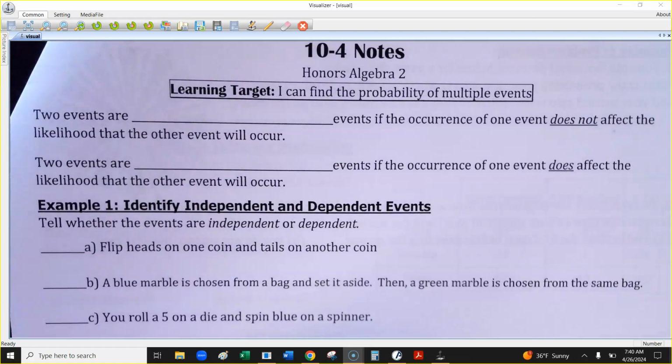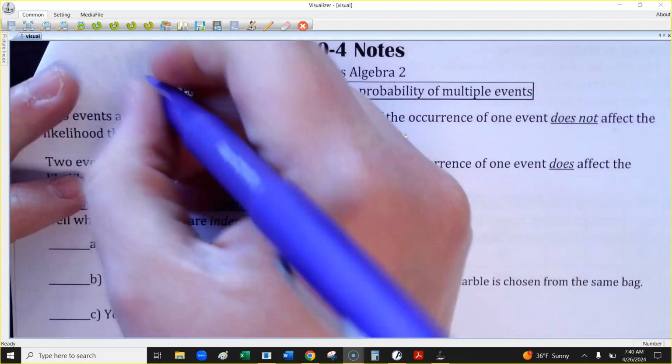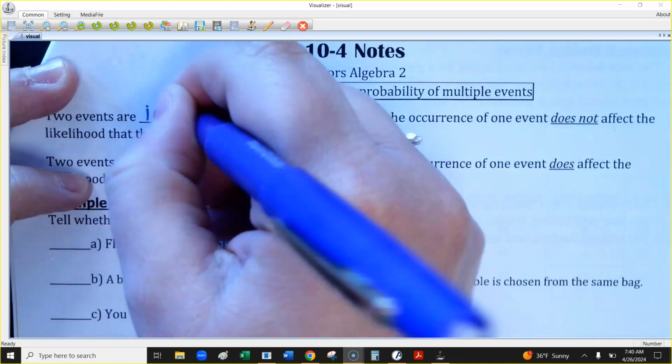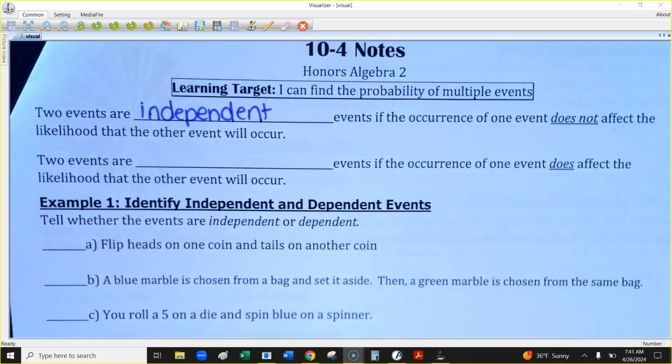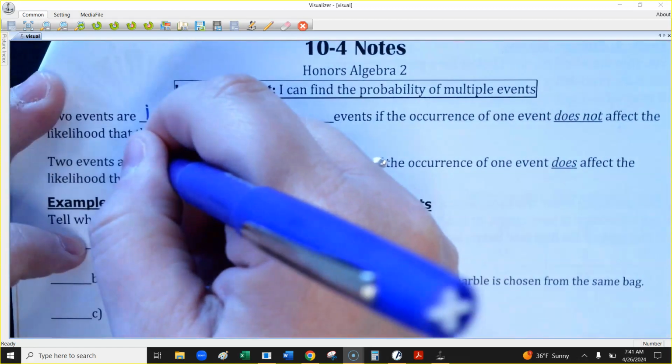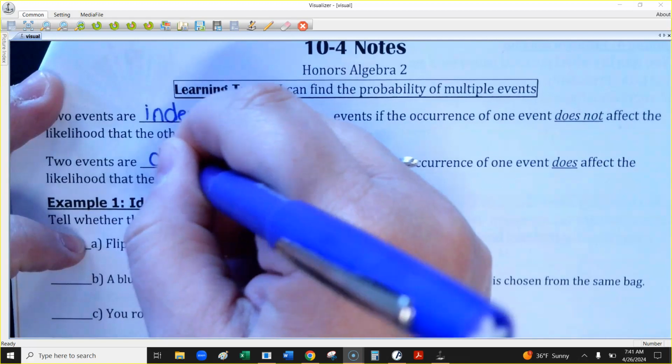Here is the first blank. So two events are independent if the occurrence of one doesn't in any way affect the other. All right, so independent events, one does not affect the other. Two events are going to be dependent